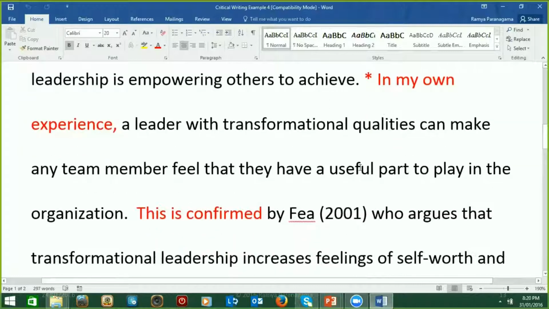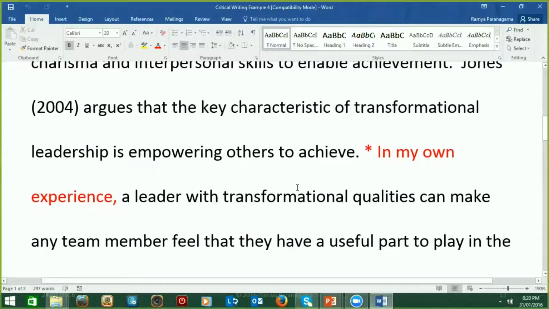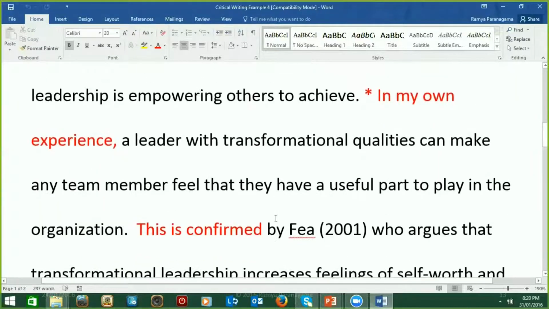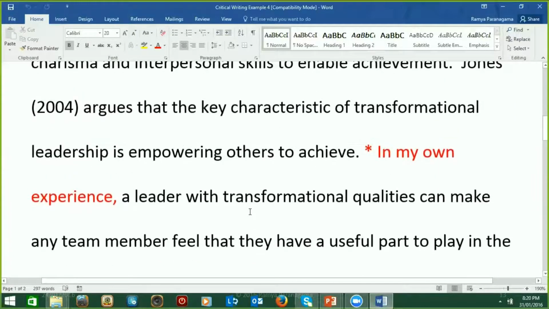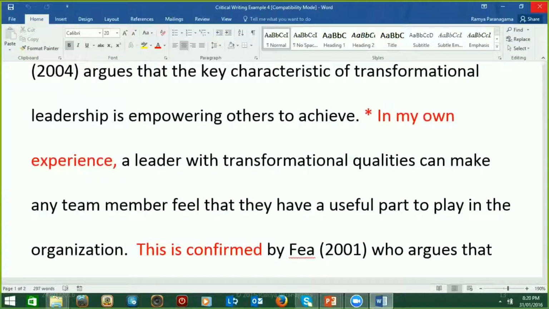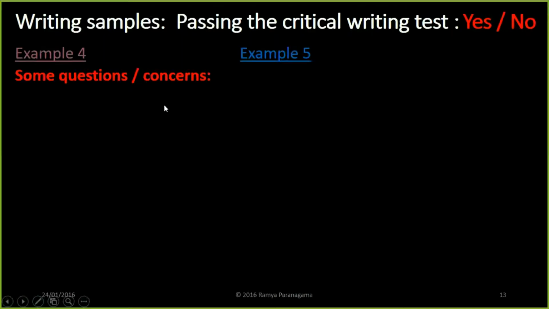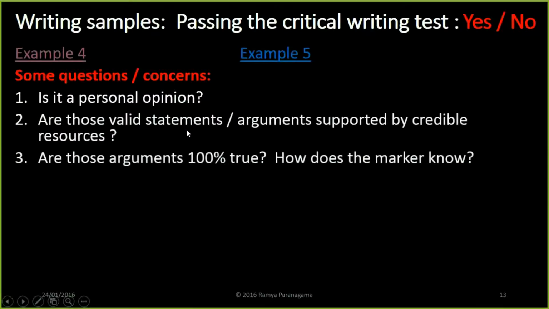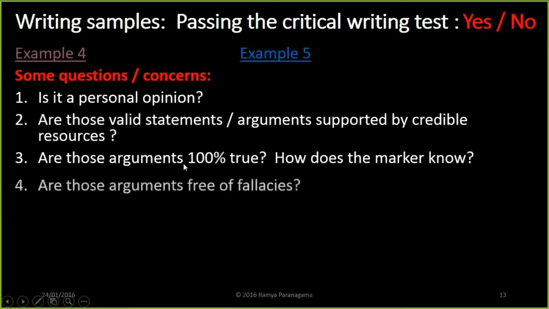So the writer jumps into my experience and then says it is confirmed by somebody. Look at the disconnection here. Bringing in 4 authors, there is no comparison between what the authors say and what the writer says, the writer's opinion, and confirming that. So there is a huge hole here, right? Then we are going to test this. When we go to the testing, you could find personal opinion, not really, it was starting to build. Some valid statements are there. There are some errors, as I said here. The writer is simply jumping into a conclusion.